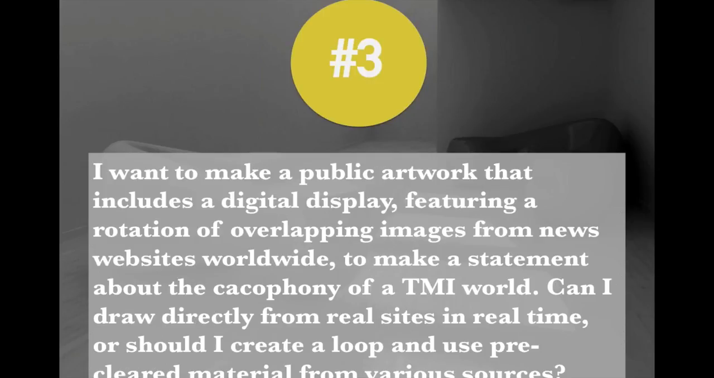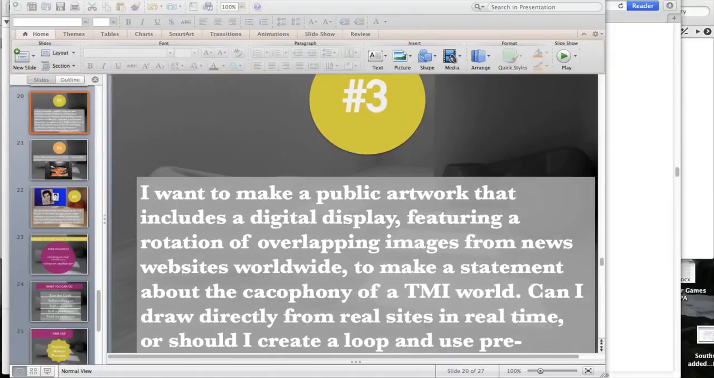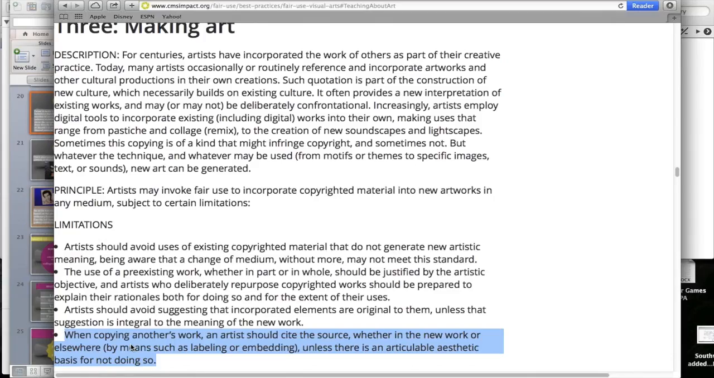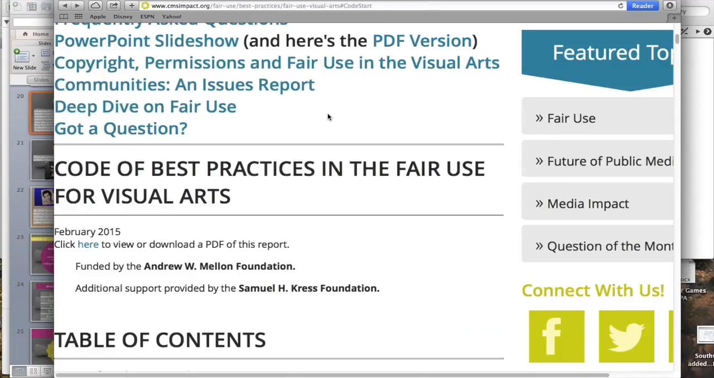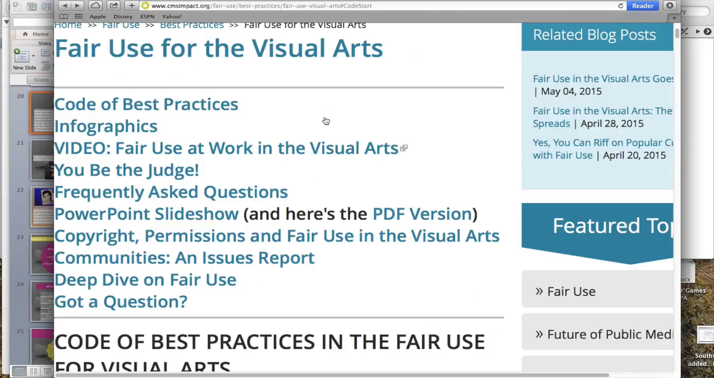So we are running up towards the end of the time, and we're not going to have time to do more of our questions, which is heartbreaking to us. But I wanted to take us back to the site before we end, because this set of resources,